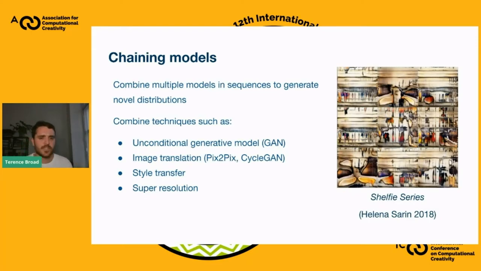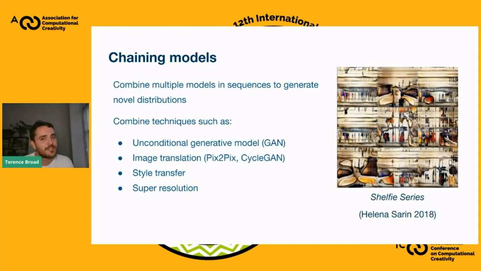Just to give an overview, artists will often train generative models on custom datasets. They might go through lots of iterations of training models until they're getting results that they like, and then they'll train lots of these models together into very esoteric combinations that will end up producing results they find interesting. So you might start with an unconditional generative model, such as a GAN, which takes random noise